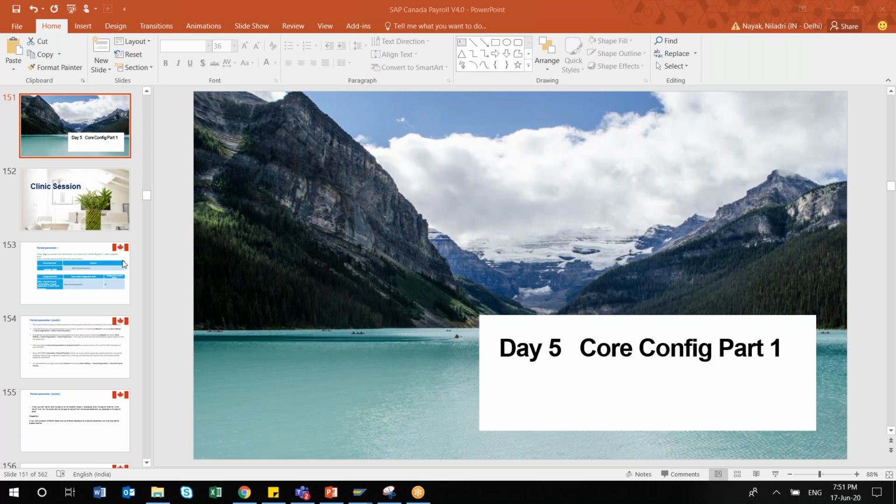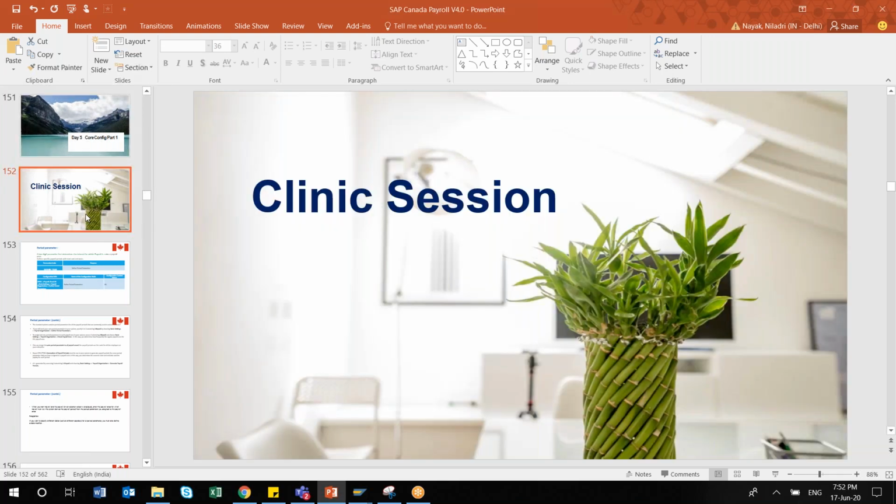So what are those terminology I'll be explaining. At the same time, I'll also highlight which is the transaction code for that, or which are the tables you have to go through. I'll also explain the different SPRO paths as well. So this is even for Indian payroll, for any country payroll, it is country agnostic. This core configuration will always be part of any payroll, whatever payroll you're working on.